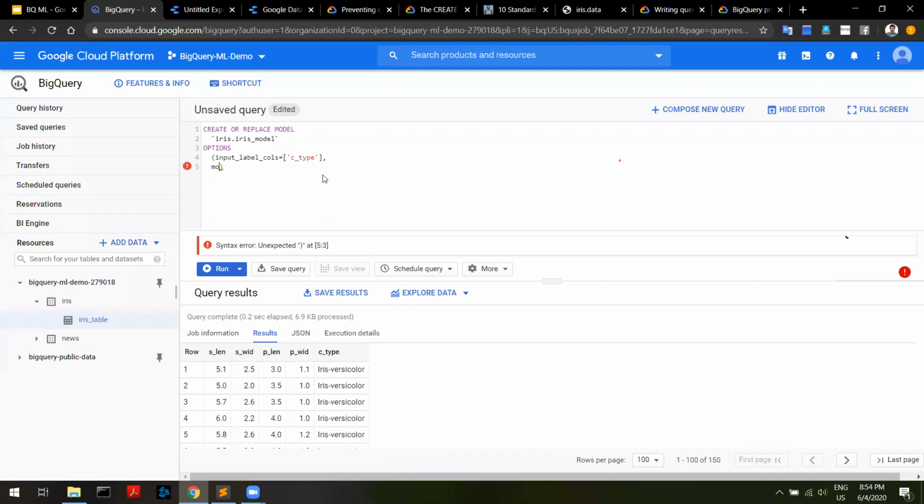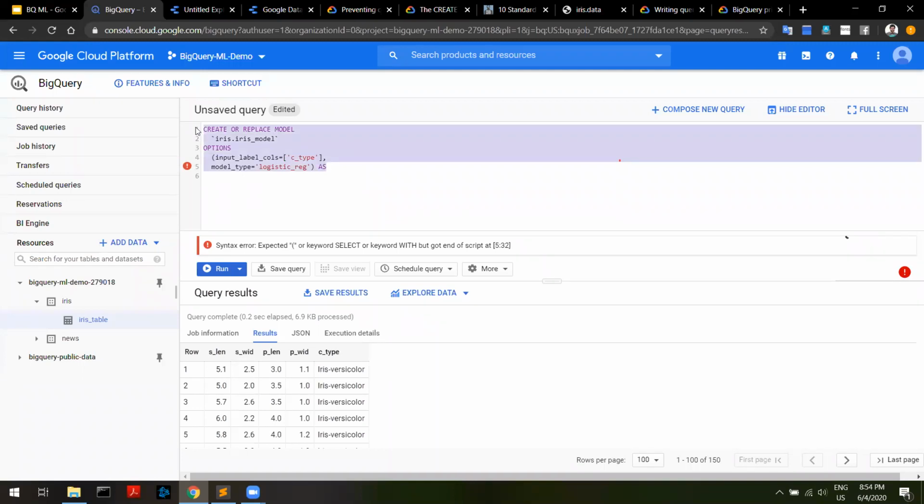And we have to specify our model type. So my model type is logistic regression. For that, I have to write logistic reg here. Right. So now I have to feed in data to my model, right? So from this syntax, I have created my model and